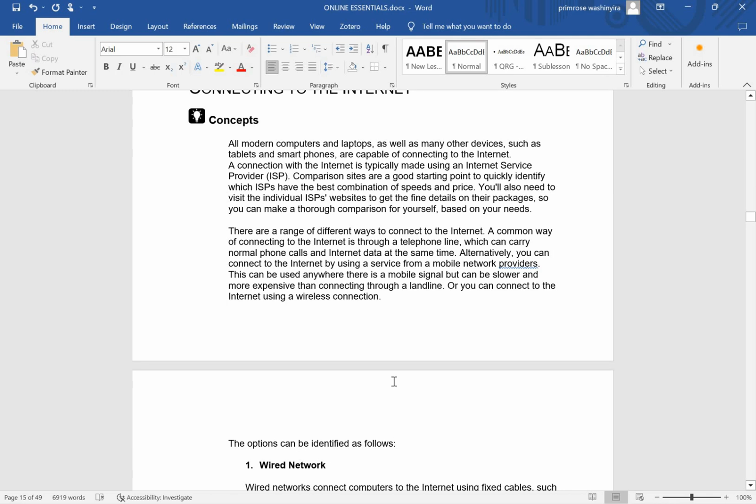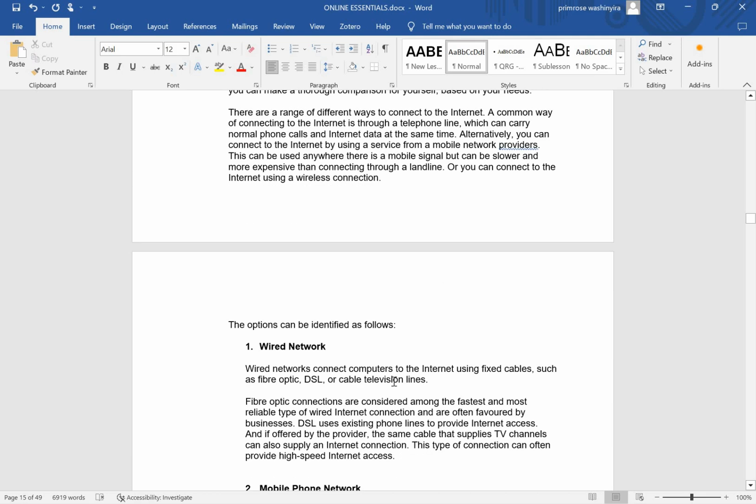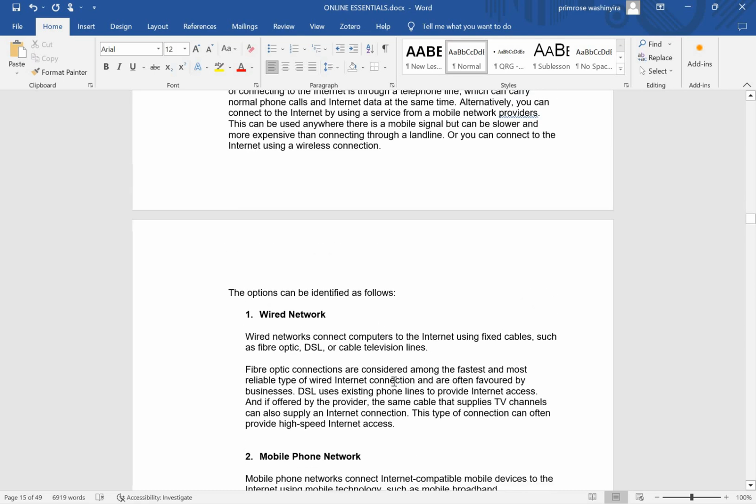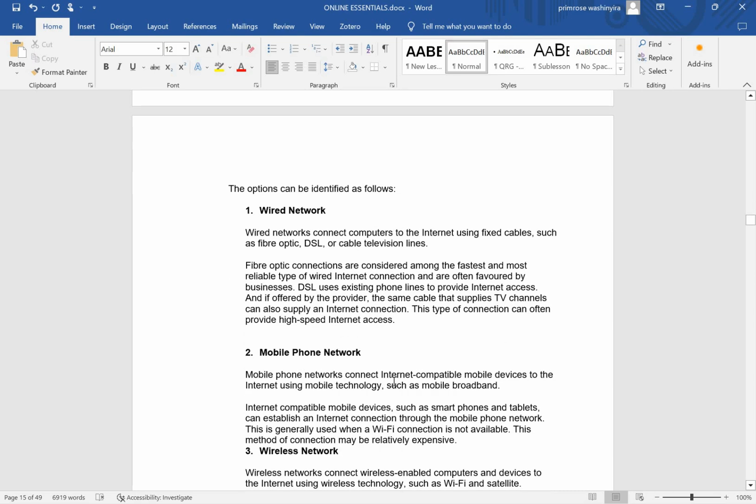We connect to the internet using an internet service provider, normally the ISP. Here we can talk of quite a number of ISPs. We've got Tier 1, we've got Econet, we've got Net1, and we've got quite a number of them. But we are saying the options, when we are connecting to the internet, we can connect through a wired network